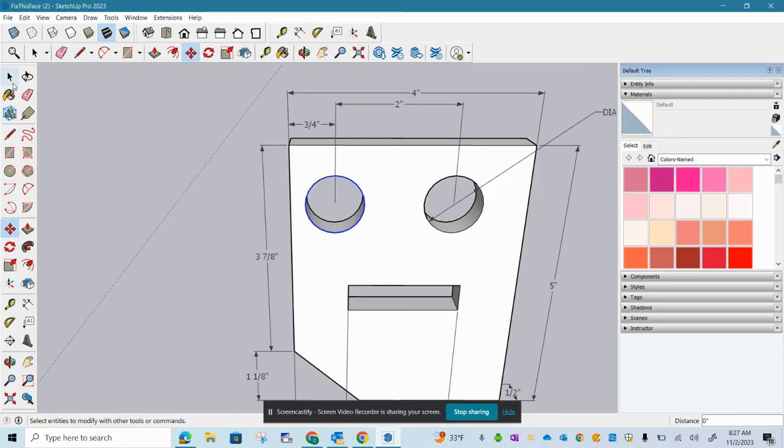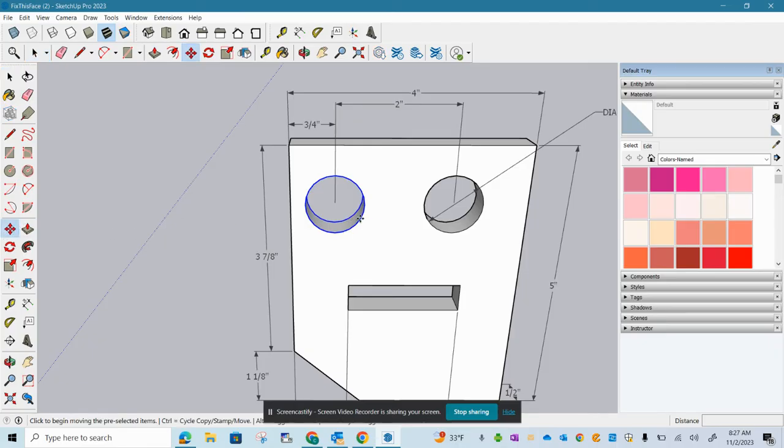So we're going to go back up to our selection tool, and in order to select both, you need to press the control key. When I press the control key, you see on my mouse, it makes a little plus right next to it, and that allows me to select more than one thing at a time. Okay, so now I have both my front and my back circles selected, and I'm going to go back to my move tool,